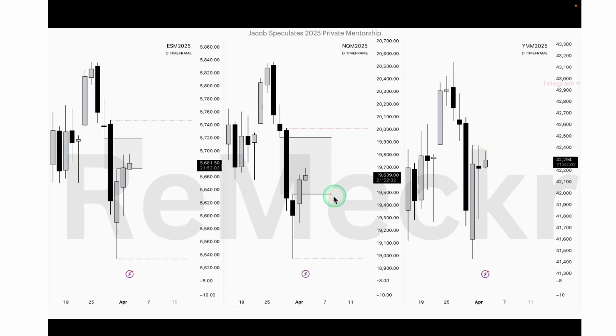But the invalidation level is, if we were to push higher and price just keeps trading higher and higher, this is my personal invalidation level right now. If price breaks above this high right here on both the S&P and the NASDAQ, then we could see this staying in tune with low of the week, and then we could see Thursday or Friday printing the high of the week. So in summary, I'm still upkeeping the same bias. It's just if we don't get that cracking correlation to break us lower and price just continues higher and pushes above this high, then I won't be expecting these lows to be delivered anymore.